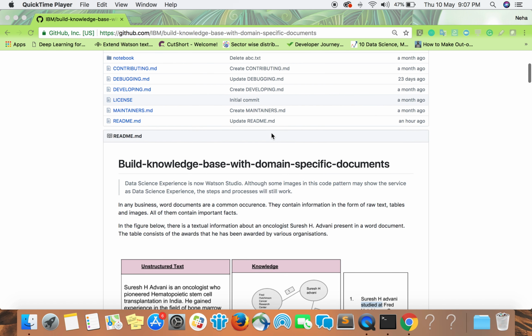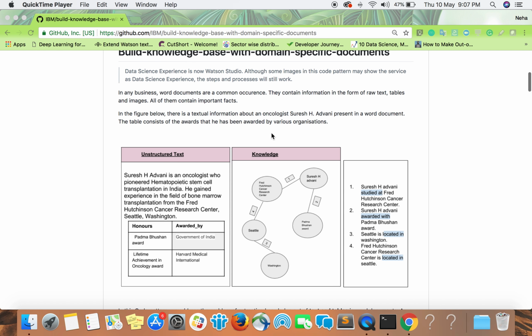So in the image below, there is textual information about an oncologist, Suresh H. Advani, present in a Word document, and also there is a table that consists of the awards that he has been awarded by various organizations. So in this code pattern,